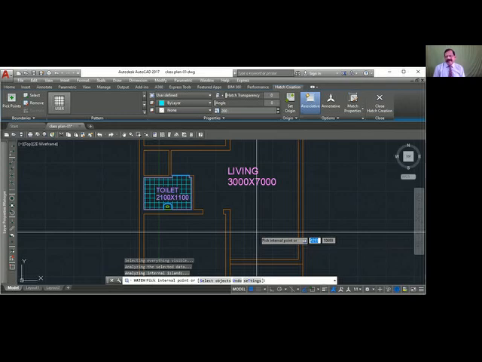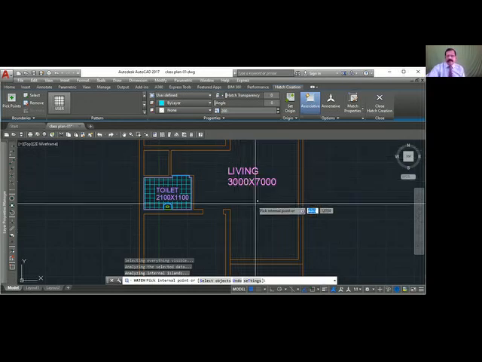When you press enter, it goes to the next line. If you want to change the location, just click another place where you want to start, and the text will start from there. When you press enter twice, you close the command. That's how you do the text. I hope you got it.